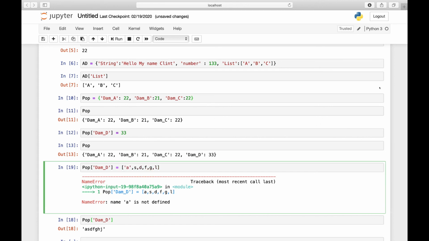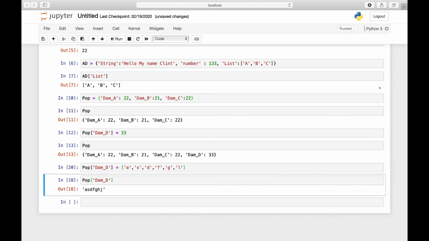Make sure that you are doing it as a string. There you go, and we have a string. Okay,